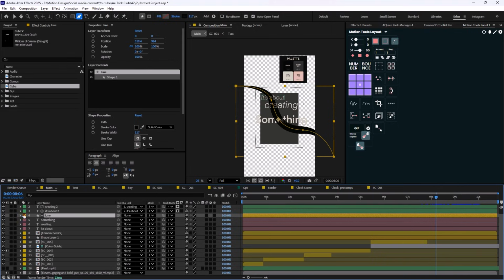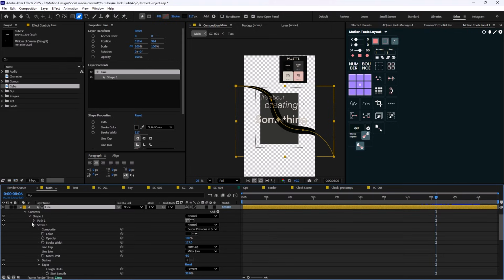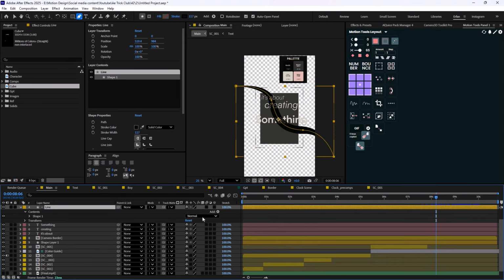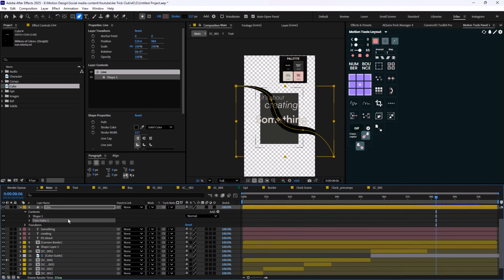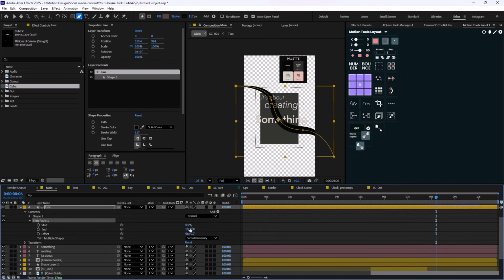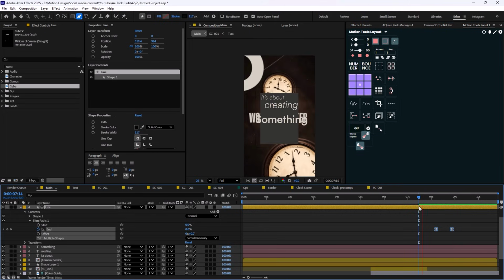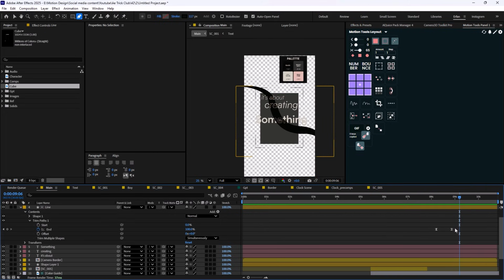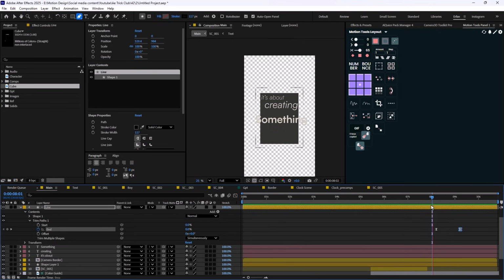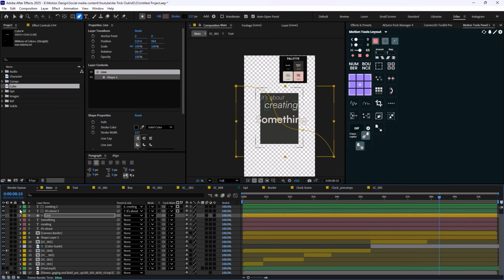So basically I'm just gonna go into the line and close the stroke and shapes. We're gonna go into add, and add a trim path. In trim path we are going to animate the line, and let's set the easing on 65% as well. Okay, that's just too fast. Okay, this looks good. I like it.